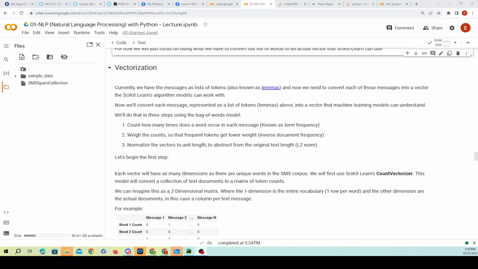So vectorization. Currently we have all the messages in the form of tokens, just words, also known as lemmas, and now we need to convert those messages into vectors. Now, how can we make that into a vector? That is the big question, right? To be able to convert each message, we represent the list of tokens, lemmas above, into a vector that machine